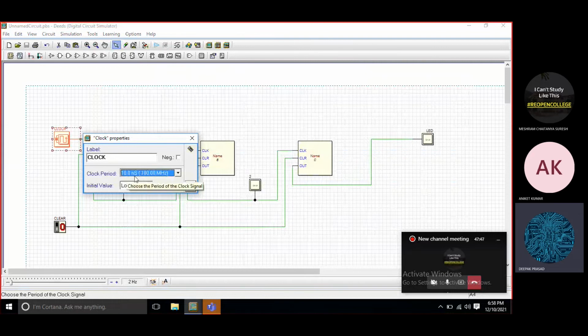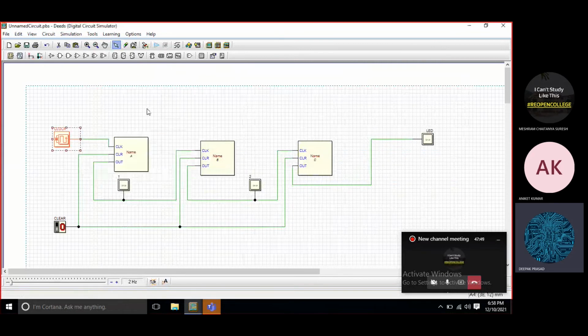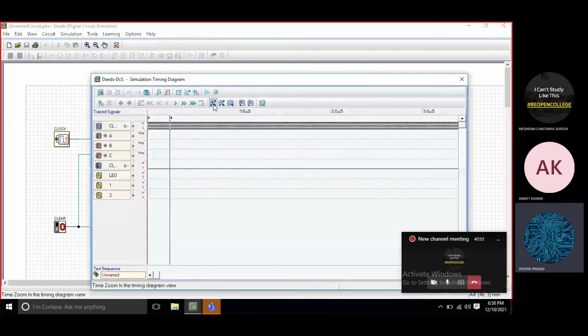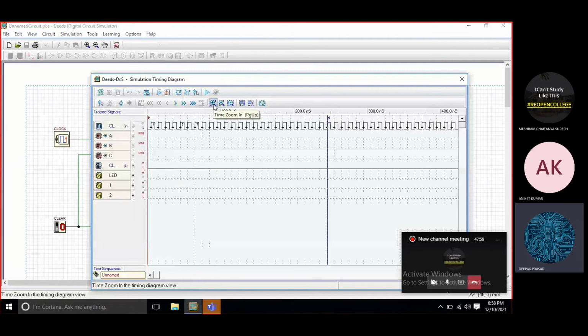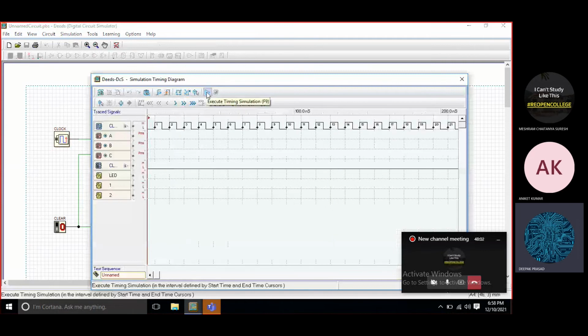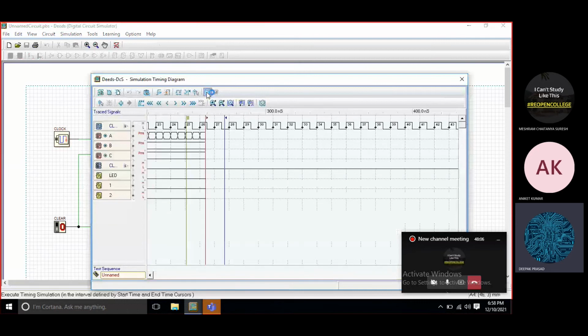That is a time period of 10 nanosecond. Then save it. Then go to the timing simulation. You can zoom out, zoom in, and by executing the timing simulation or pressing the play button, you can view all the things.